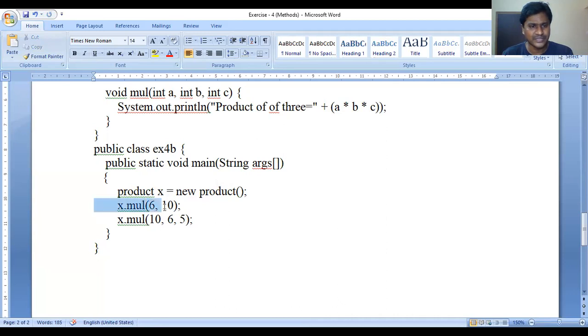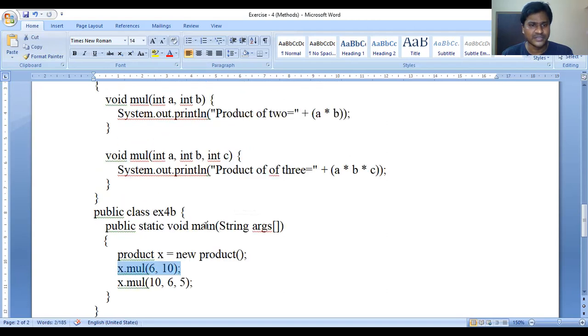So this is okay. And using the same object, we are calling the method multiply again by passing three parameters. When we call a method with two parameters, the compiler goes and verifies whether there is any method named multiply with two parameters. If there is that type of method, it invokes it.